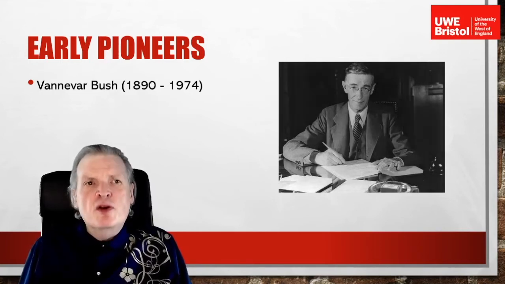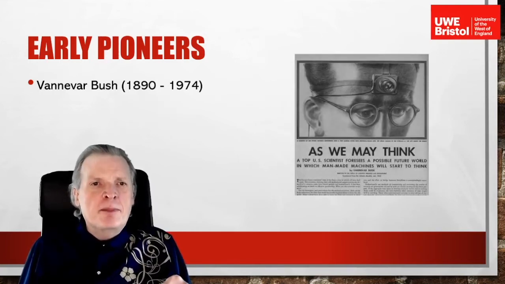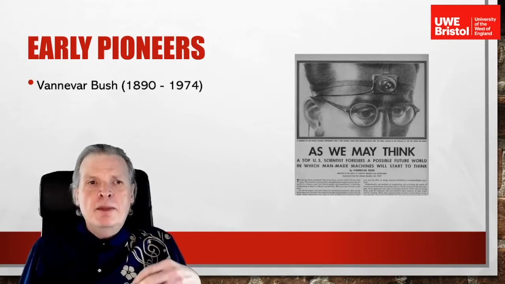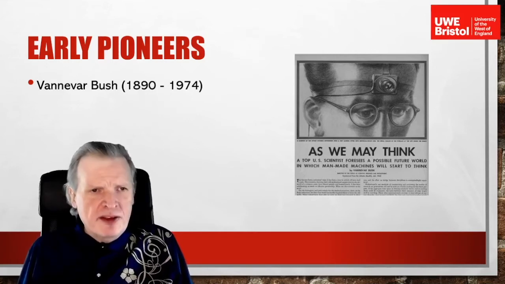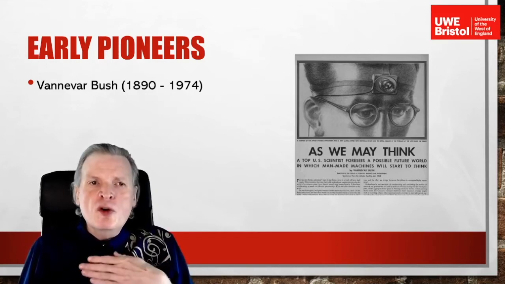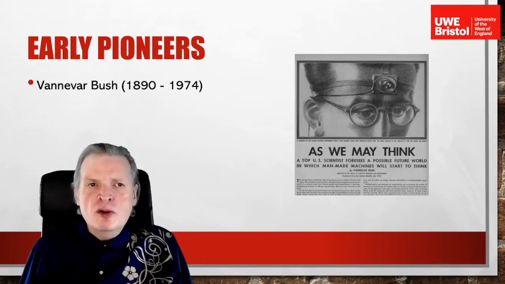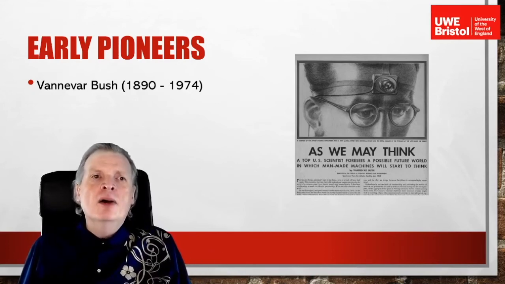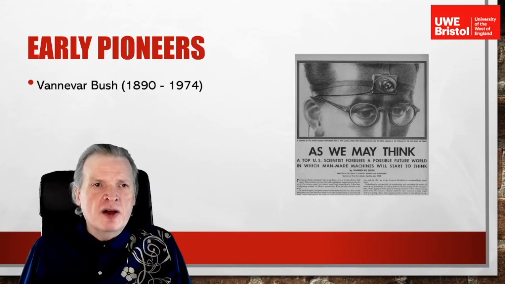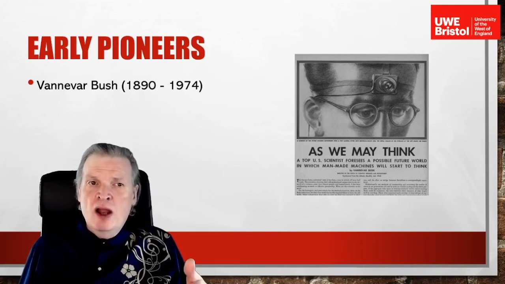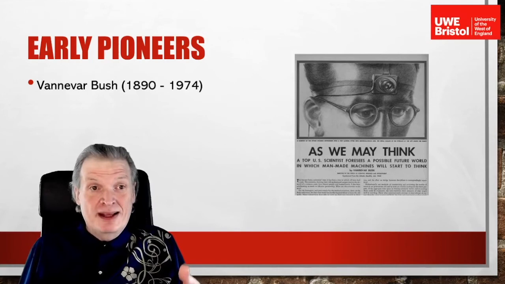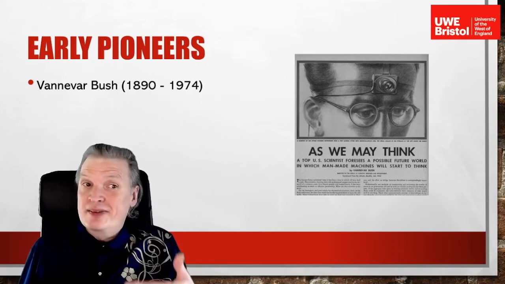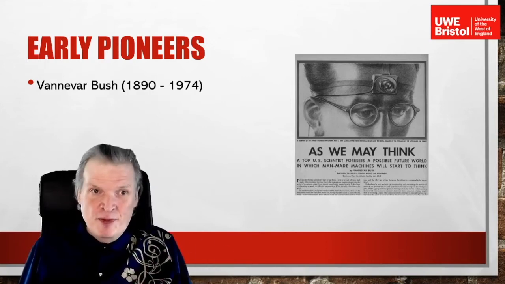And just before the war finished, in 1945, he published an extraordinary paper called As We May Think. In that paper, he proposed building a machine, a memex he called it, which would store all knowledge, all the writings of the world, and make it available. And he thought about how one would navigate that sort of vast information space. A lot of the ideas in As We May Think eventually inspired the World Wide Web. And if you read this paper, you'll find there's quite a lot in it that is familiar.